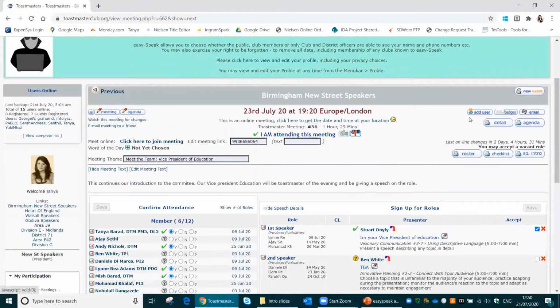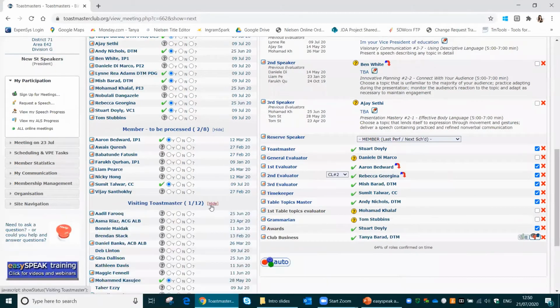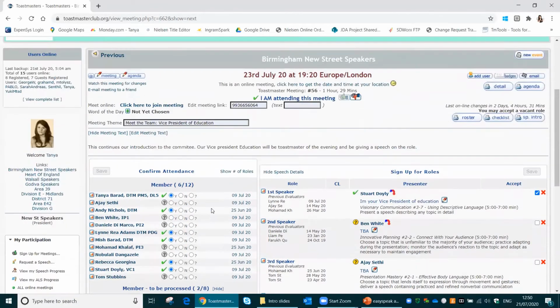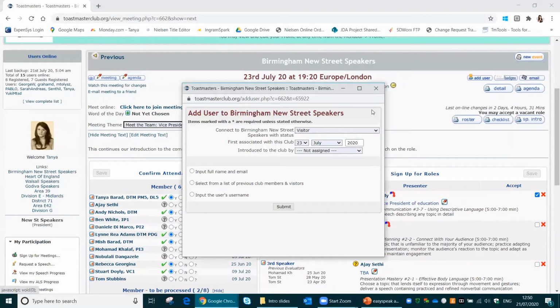There's a little button at the top called Add User. You will also see these as you go down to other areas on closed meetings. There'll be a button here saying Add User. And when you click this, a pop-up will enter. Automatically, new users will be added as visitors, but you would want to add them as a member. Say when they're first associated to the club, and in this scenario, because the account already exists, you input the